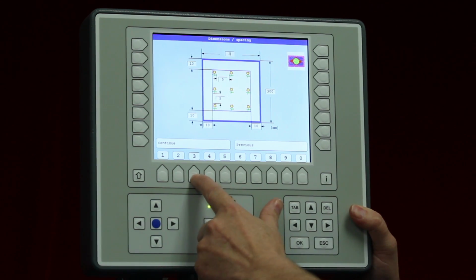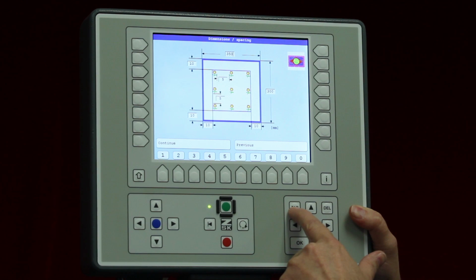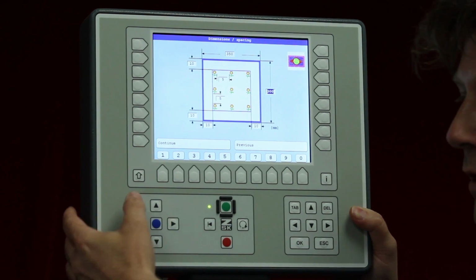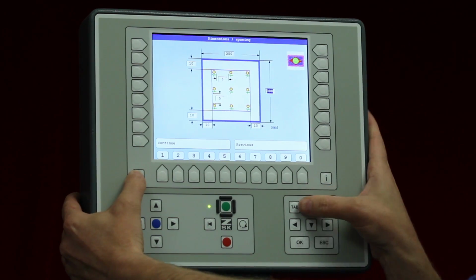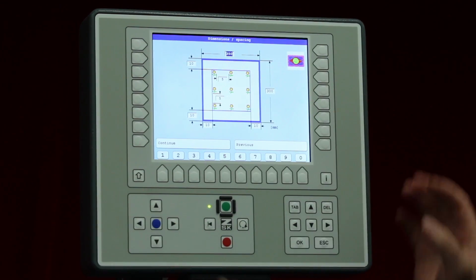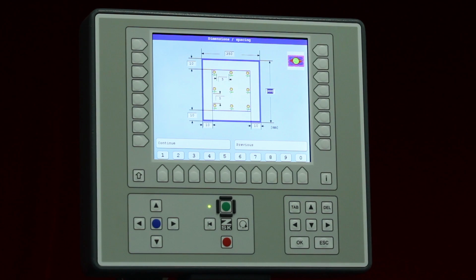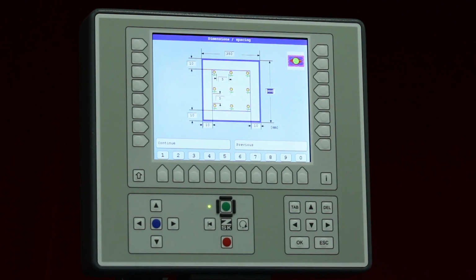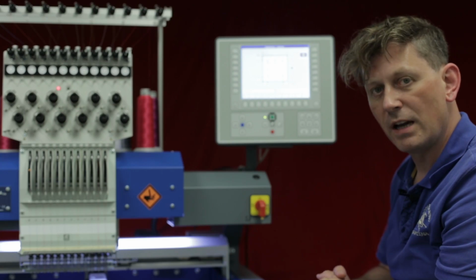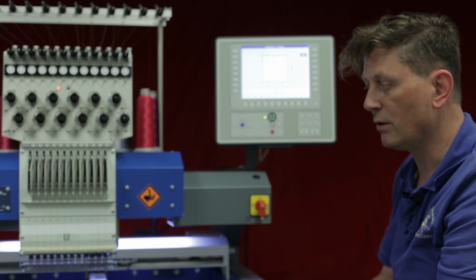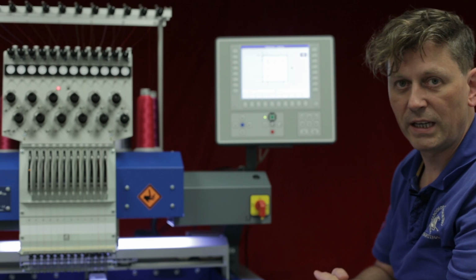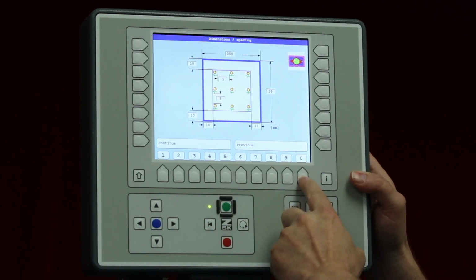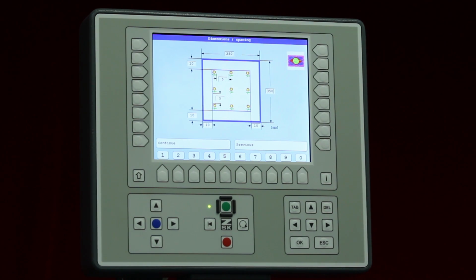I can tell it now I want to have 350 in the width, and the tabulator key goes to the next one automatically. If you want to go back, you simply use Shift and tabulator and you are back. This is backwards and this is forward. So please make sure that the size you give in here, the values are equal with your frame size, otherwise of course you will have a problem. Maybe you even kill the machine, means you break the clinker. In this case I will tell it also I would have 350 millimeter in the depth,